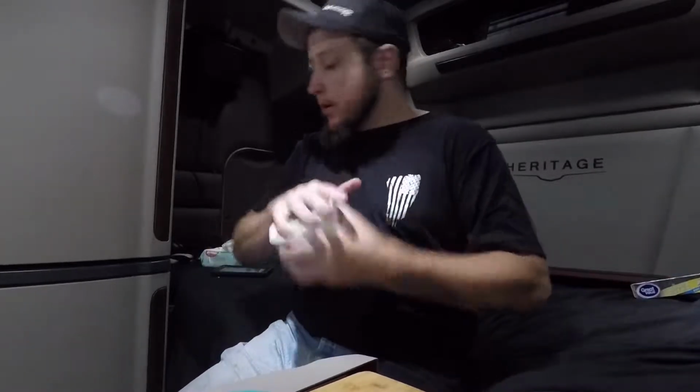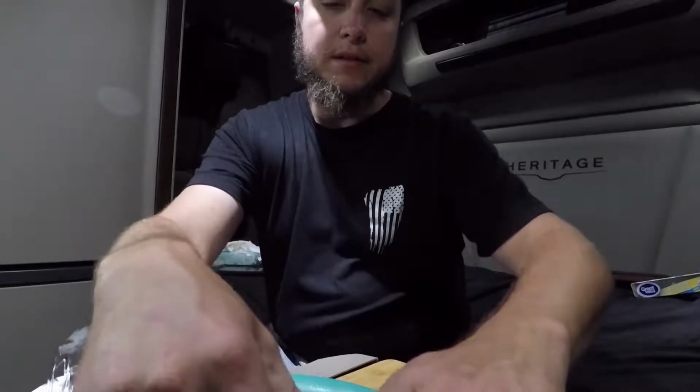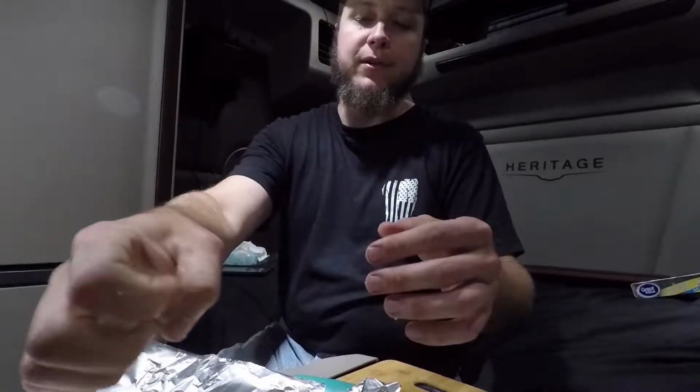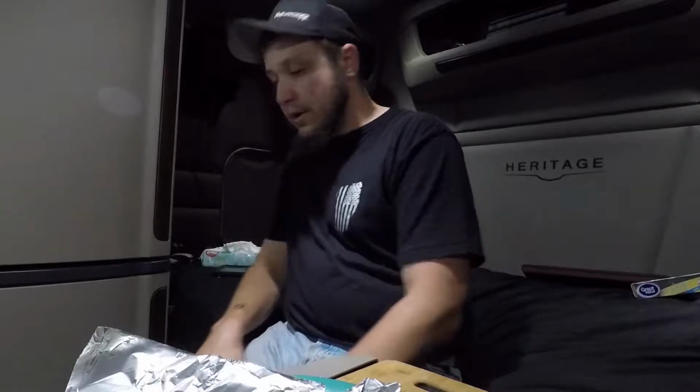So, I'll put the top back on my butter and put it back in the fridge. Alright. Now what you do next is you kind of roll it up on the side here. Do that. Well, that's not going to work. So if you run into this problem like I have here, of trying to get your aluminum foil closed, what you do